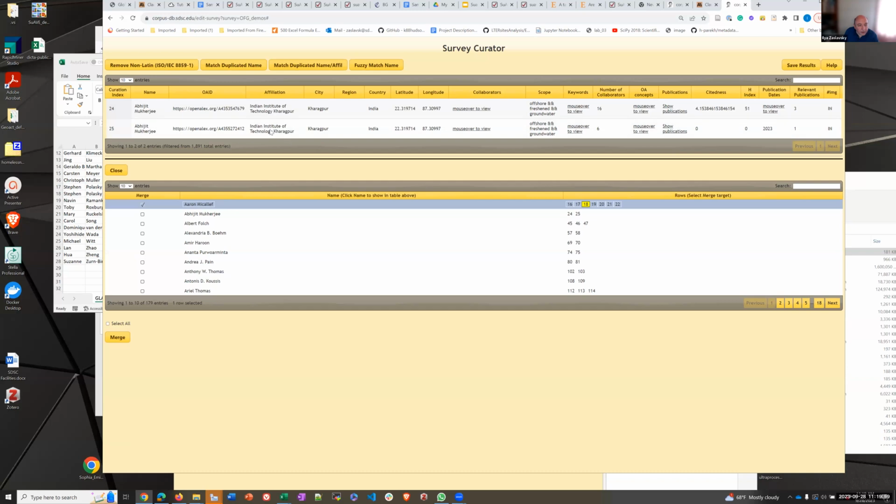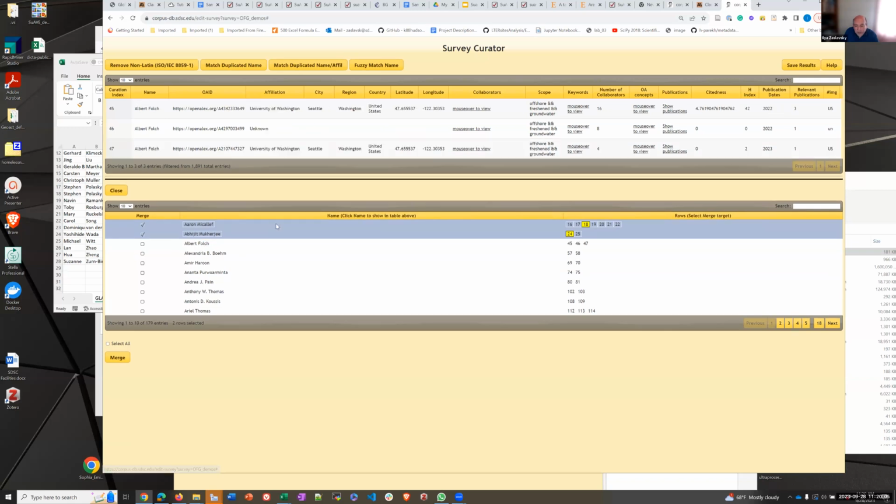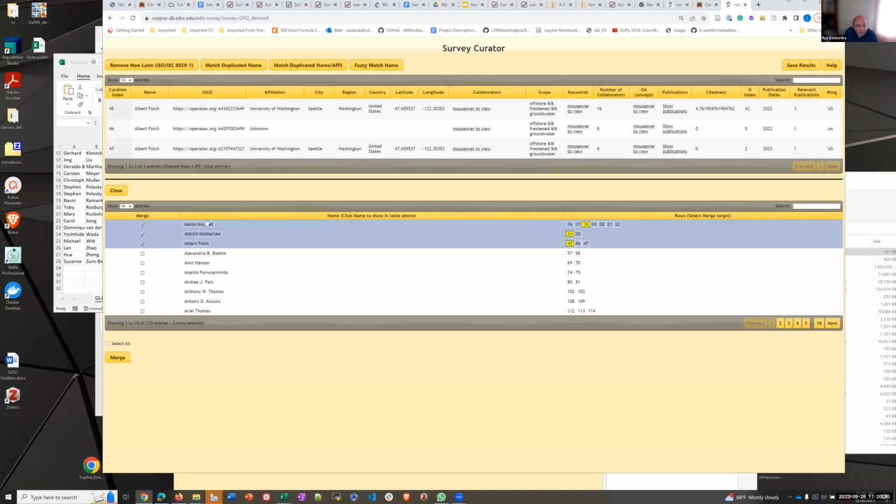Next, another guy, he is actually consistent, so it doesn't really matter which we set it to. Next guy, you see that two of the records are good, and another record is probably where he was part of a technical report, and this record did not have his affiliation recorded. So we don't want to, let's say, merge it to the first one. And so you kind of go through that and eventually save the results. And the results will be the same set of files underscore curated, which you can load into SuAVE in the same